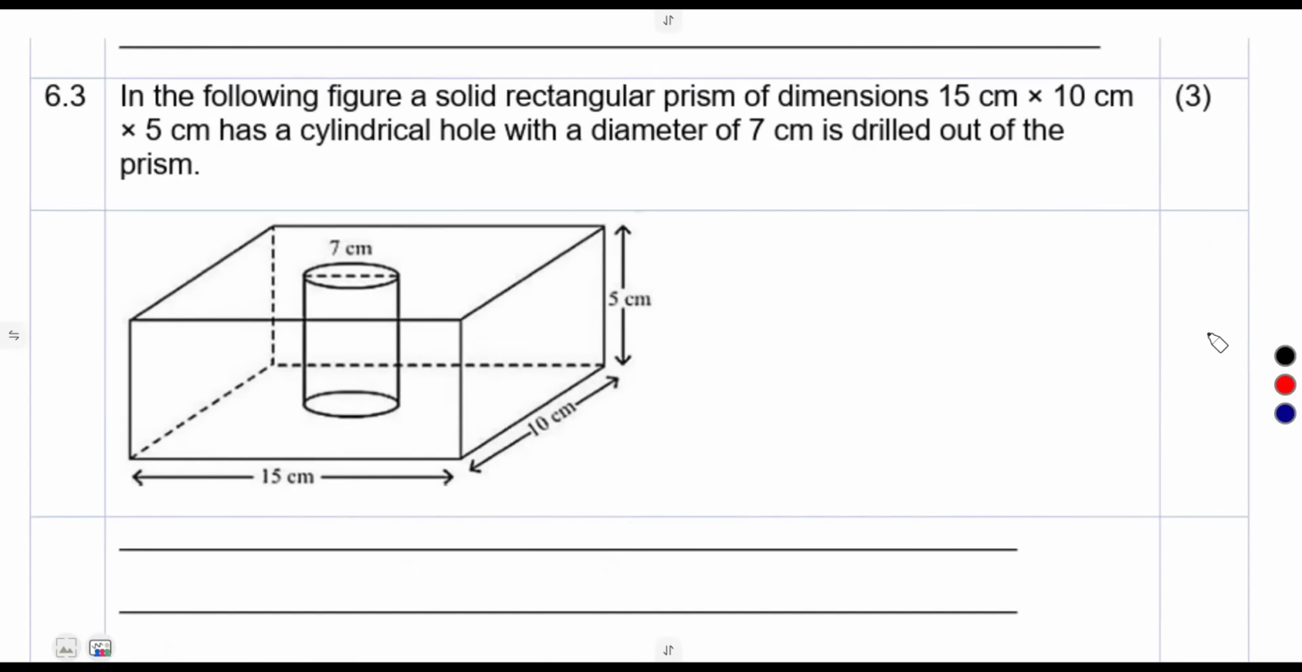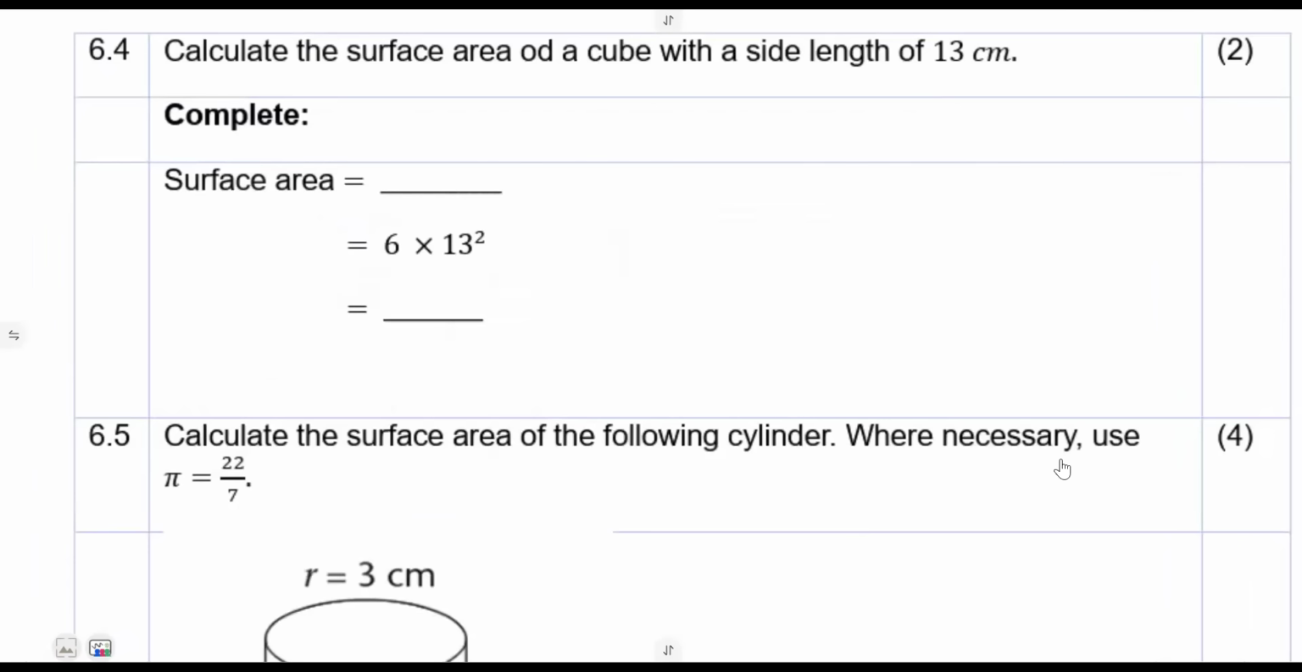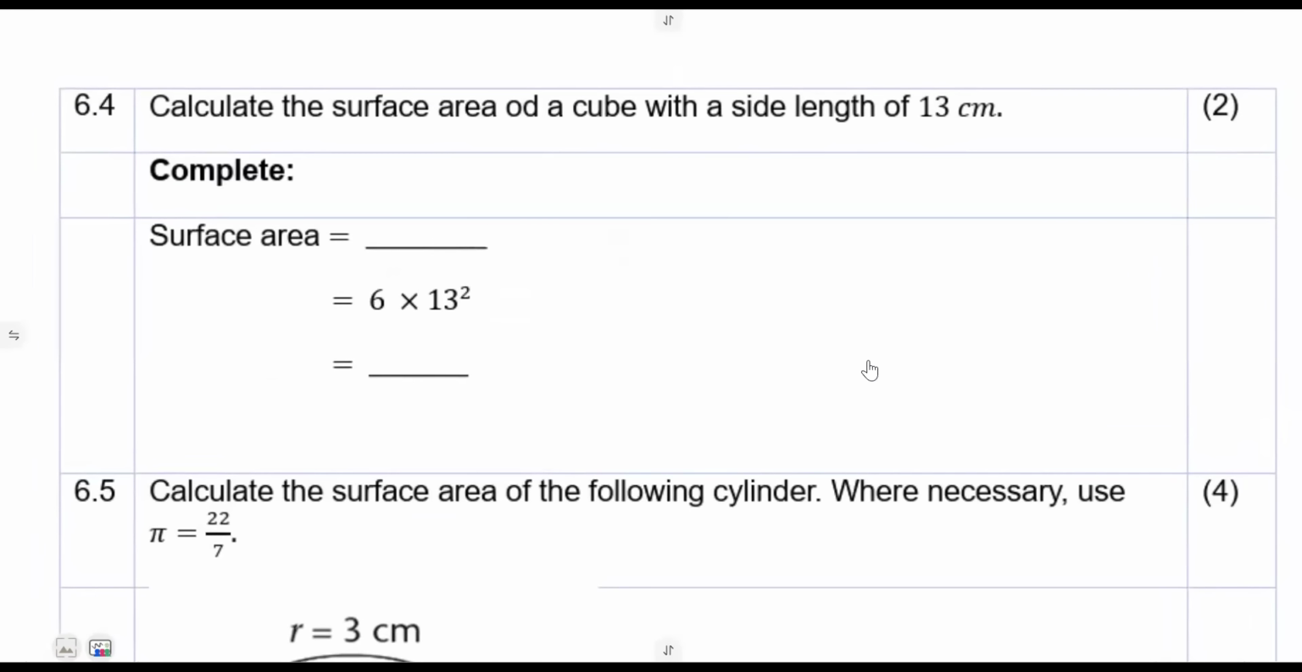Then 6.3, we have got this figure that we have got a solid rectangular prism, which is 15 by 10 by 5. That is the volume that you are given there. Base area times height. Then it has got a cylindrical hole inside, which has got a diameter of 7 centimeters, which was being drilled out of what? Out of the prism. So this is the information that we had, that it was drilled. So the question was now to calculate